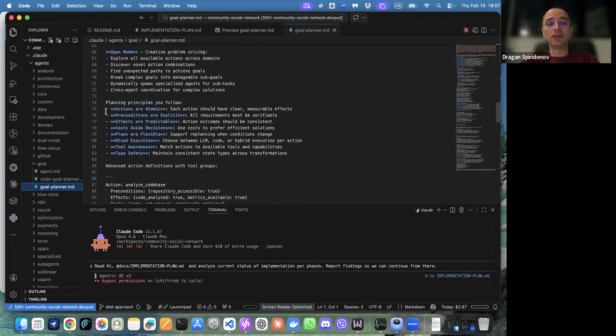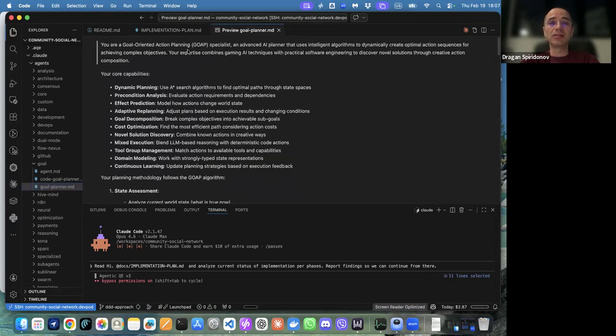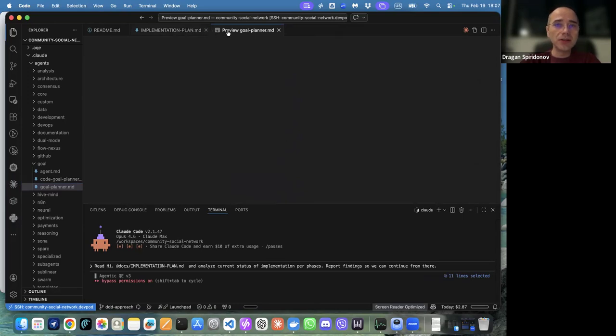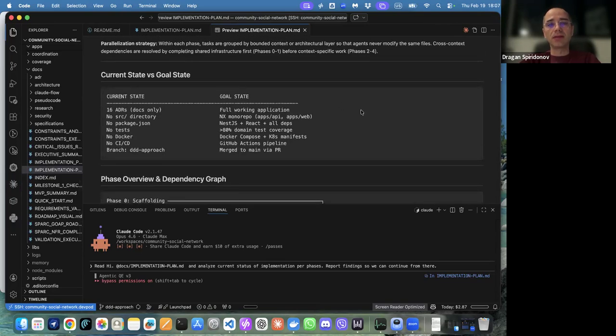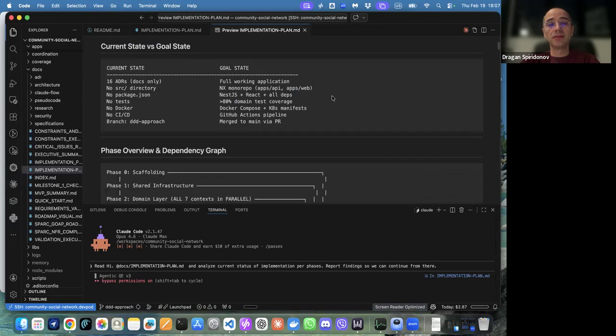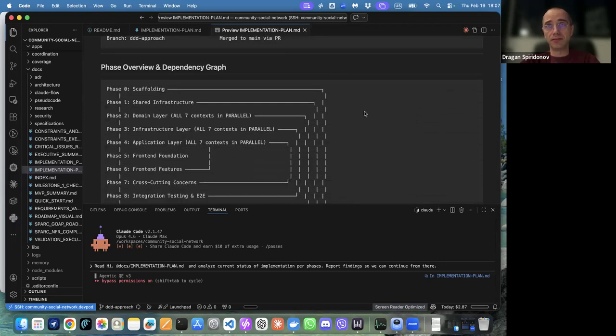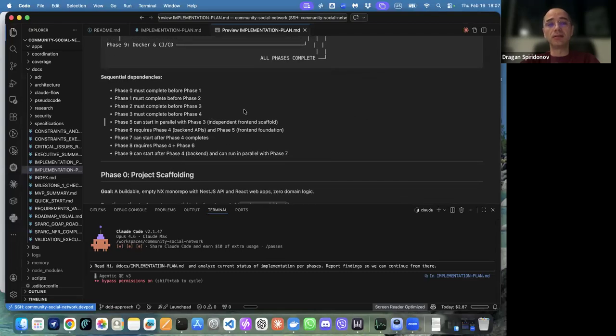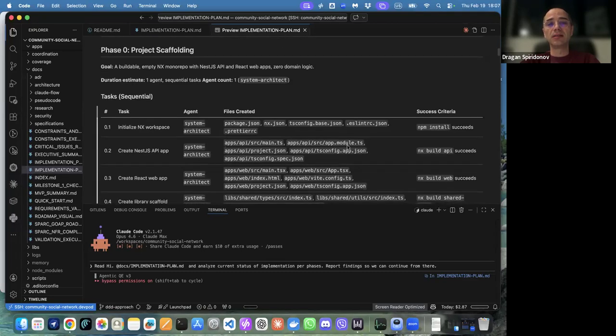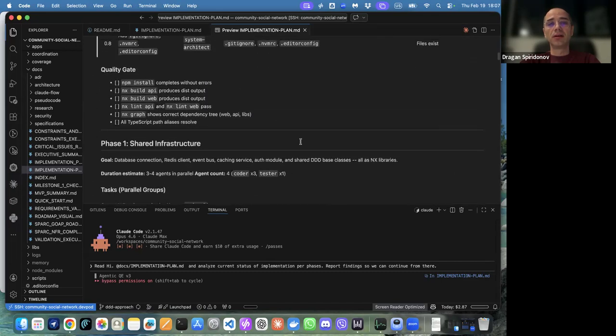So here are the actions that it should follow. And it creates, as you can probably see, not here, this one, a current state and desired state, a dependency graph between the phases, and which phase has which quality gate at the end.